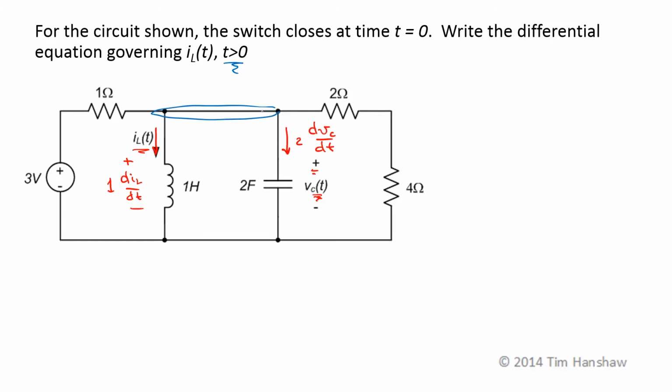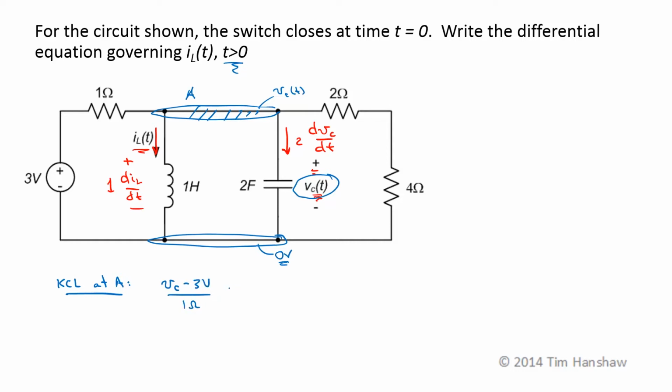So if I call this node A, and if I assume that this is my reference, or 0 volts down here, the voltage at node A is the voltage across the capacitor. So this voltage is just V sub C of t, with this being my 0 volt reference. Now, this is node A, KCL at A says the sum of the currents leaving the node is equal to 0, so V sub C minus 3 over 1 ohm is the current through the 1 ohm resistor, plus the current through the inductor, which is just I sub L,